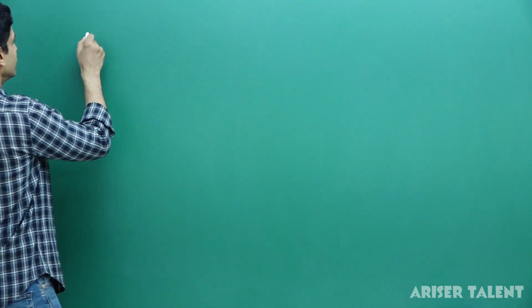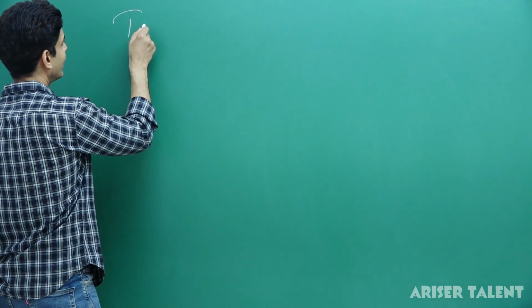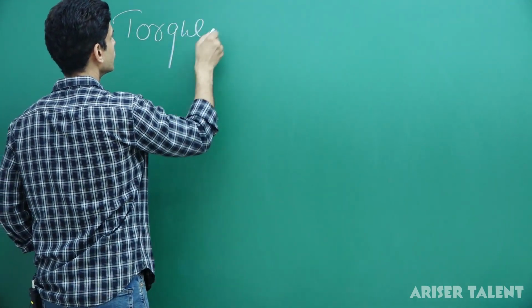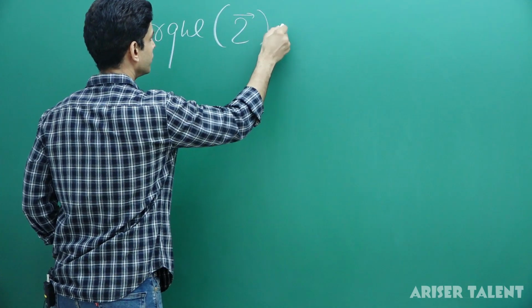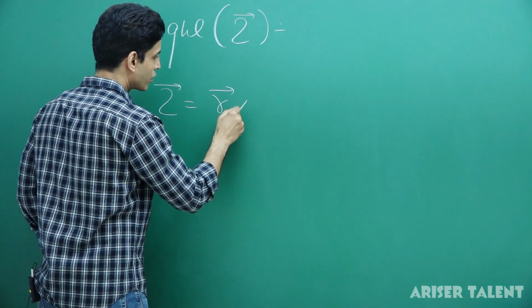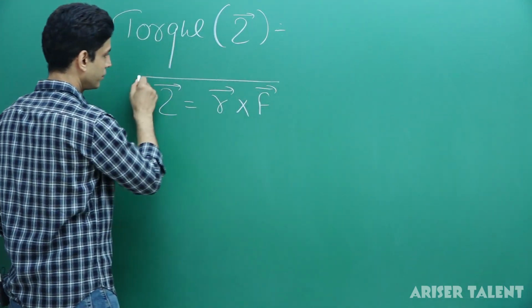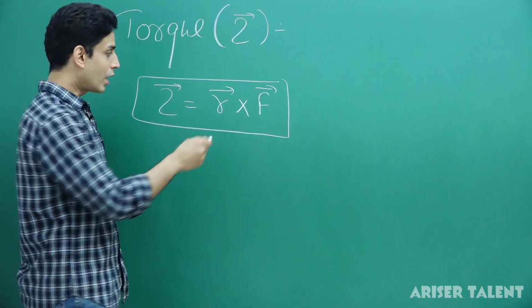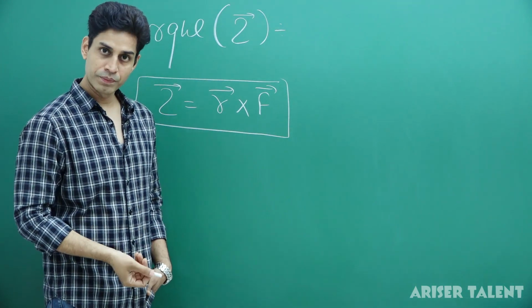Clear what torque is? But the bookish definition is that the moment of force is torque. The moment of force is torque. So, I am writing this expression. The heading is torque. Now, this torque, the moment of force, is r cross F. This r cross F is indicating the moment of force.